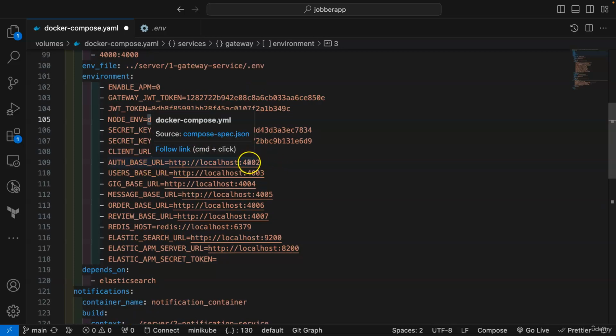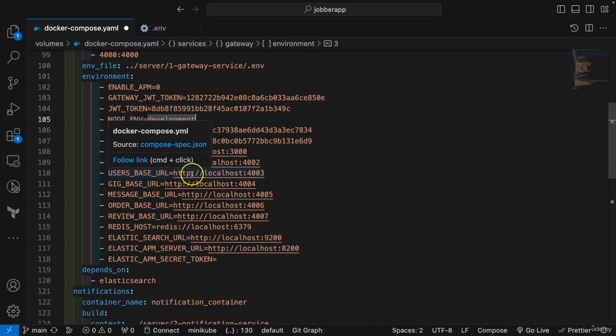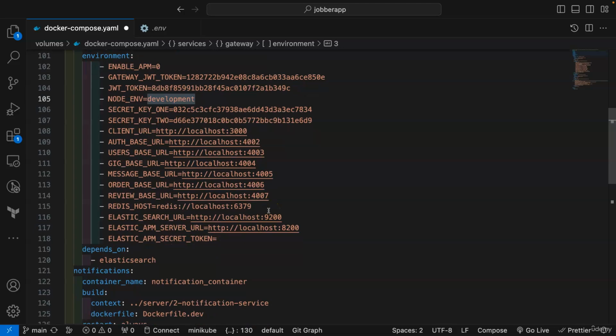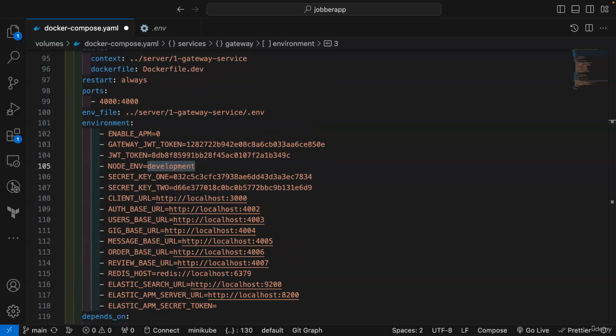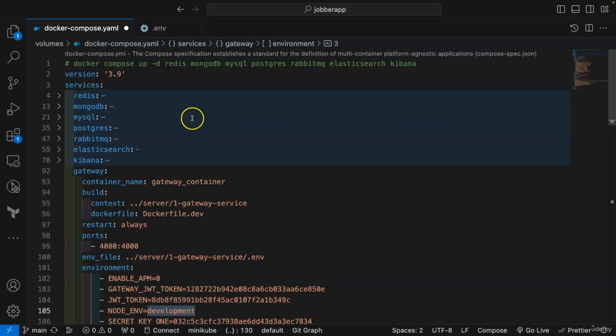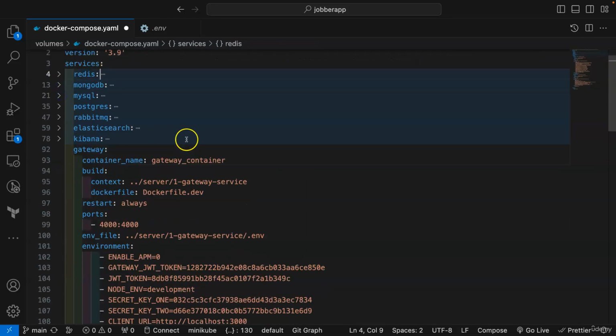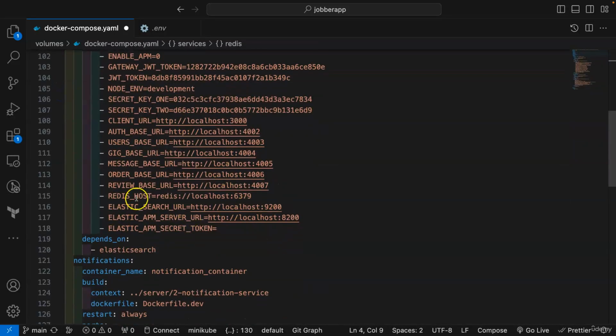Now for this, we have not created our auth base, so I will leave it as localhost, because we've not created our auth base, our user service, the other services. And now for Redis, we are going to use the Redis container. What is the name of the container? It's called Redis_container. So here where you have Redis host, you change this localhost to